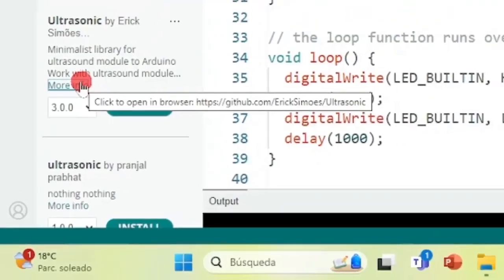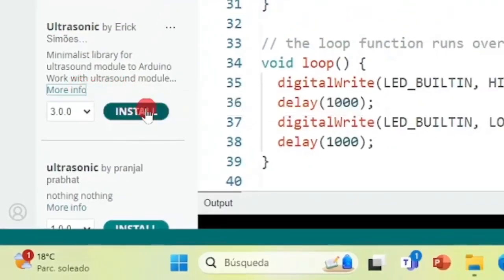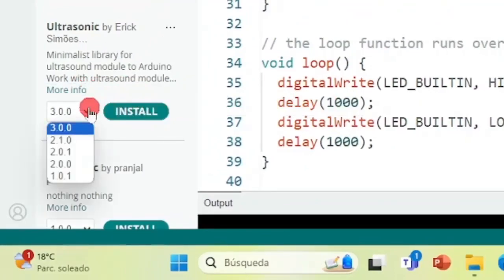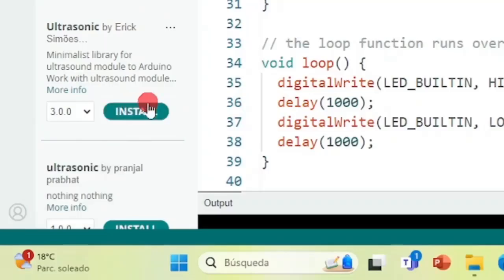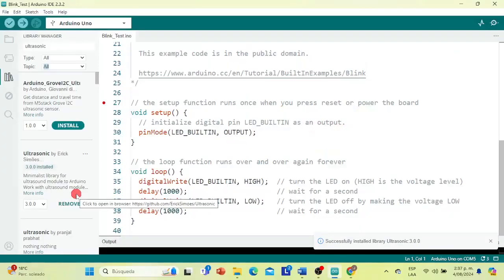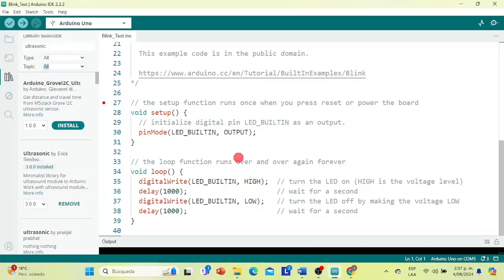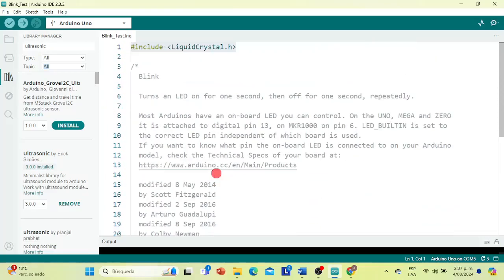Once we know that the library is useful for what we want to do, we select the version we want, generally the latest or most recent, and click on Install so we can later use it in the code we are creating. To include this library that we just installed in our Arduino code, we are going to Sketch, Include Library,